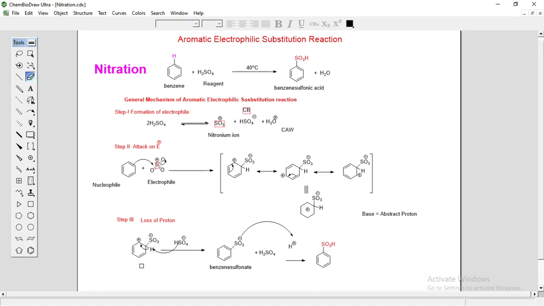Then you are also using SO3 dissolved in concentrated H2SO4, SO3 in pyridine, then chlorosulfonic acid, and chlorosulfonic acid in CCl4 or sulfuryl chloride, SO2Cl2. These are the different sulfonating reagents which are used to introduce or incorporate the sulfonic acid SO3H group into your aromatic compound. So this is an example of a sulfonation reaction. Okay, so when benzene